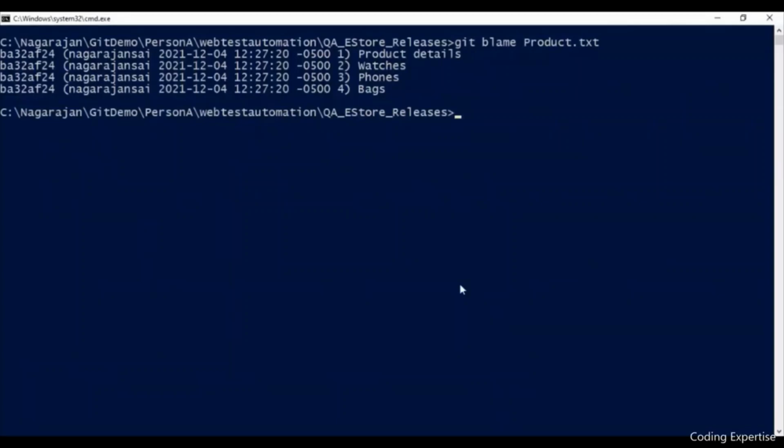With this, we have come to the end of the session. So far, we have learned a lot of git commands. I'm sure these commands will be very, very helpful while you're working on a project. I've been putting more effort into delivering quality content, so please make use of them. All the very best.